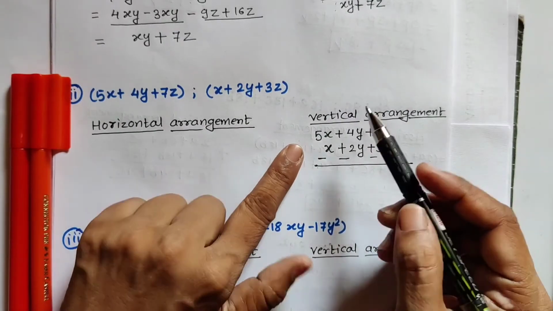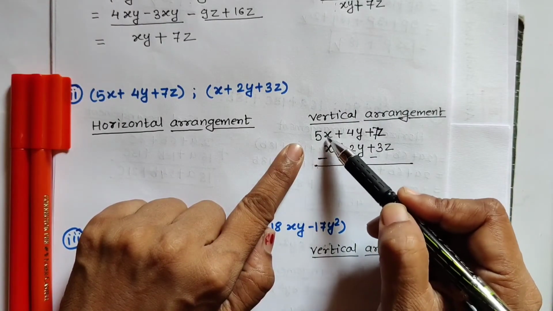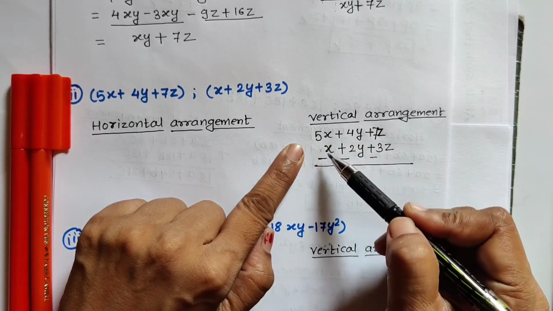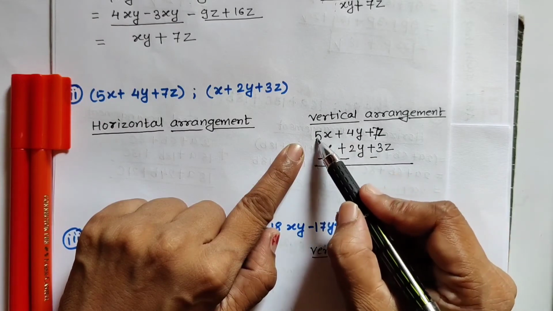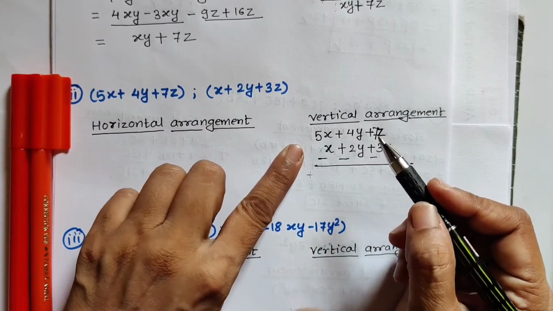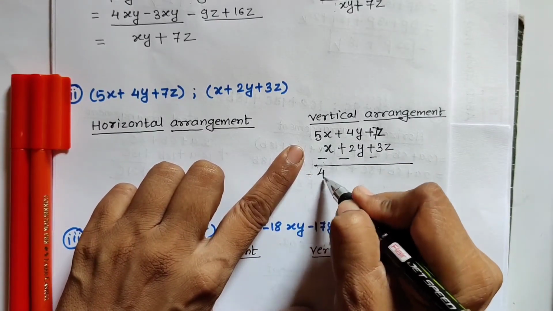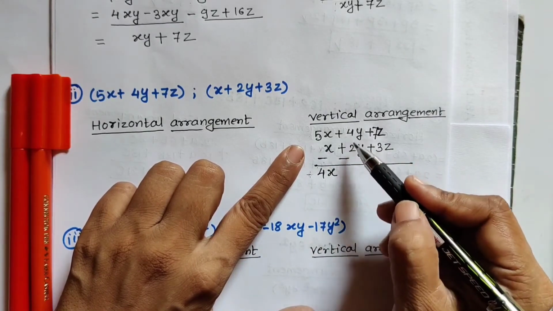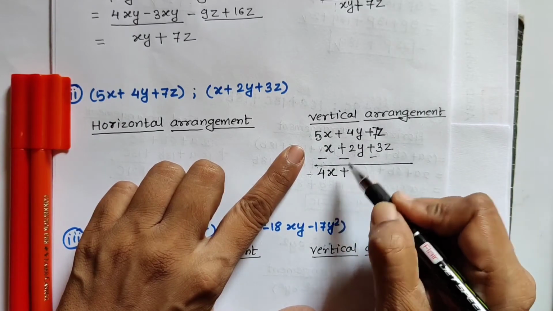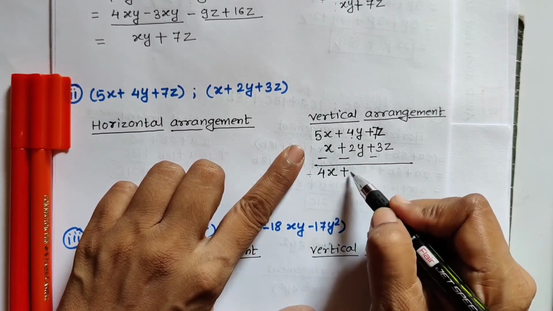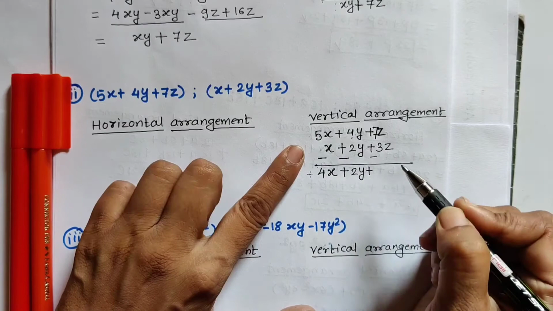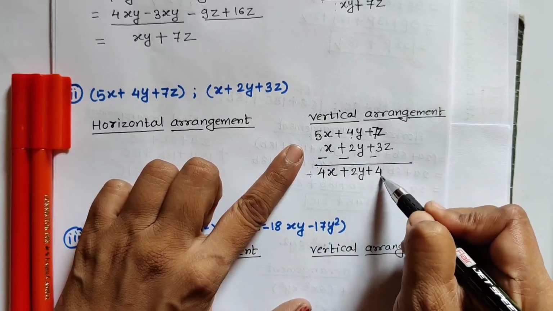Then don't look at the old sign. Plus 5x minus 1x. Nothing is there means 1 is there. Always 1 is there. So plus 5 minus 1, plus minus is minus, sign of the bigger number, 5 is the bigger number, so we put plus sign. When it is the first term, we don't write the plus sign. So 5 minus 1 is 4 and x as it is. Now again plus 4y minus 2y, plus minus is minus, sign of the bigger number is 4. So sign is plus, 4 minus 2 is 2y. Again plus minus is minus, sign of the bigger number is 7. Sign is plus, 7 minus 3 is 4z.